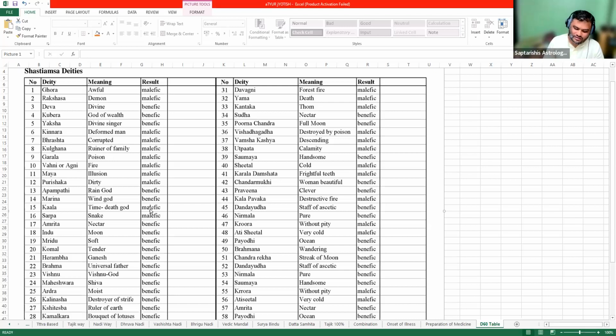And you know, Kala is not having any emotions, any sympathy. It is just a punisher. If you are doing something wrong, you are bound to face some result. So when you study D60 in more detail, there are deeper meanings to it. It means this person had done something in the past due to which in this life, this Kala, this punisher, is punishing him. This is the small information which you can identify with these names only.